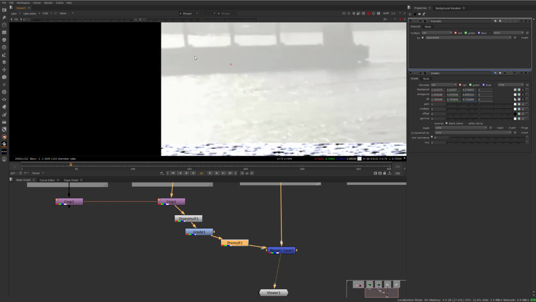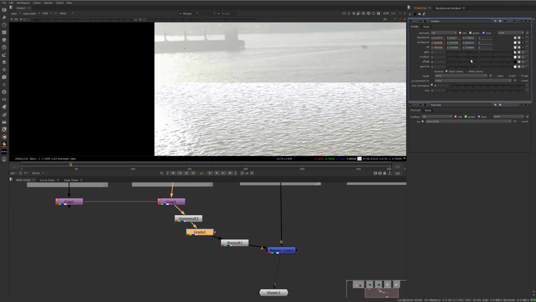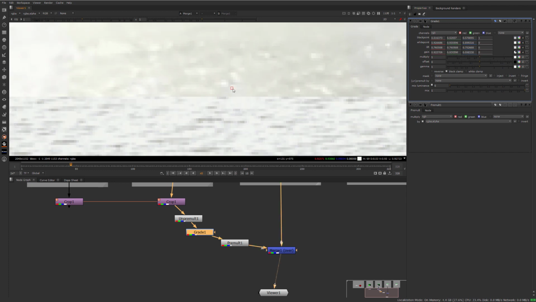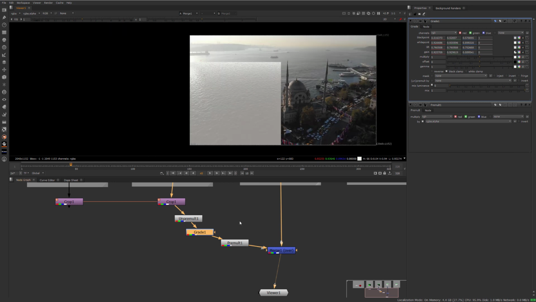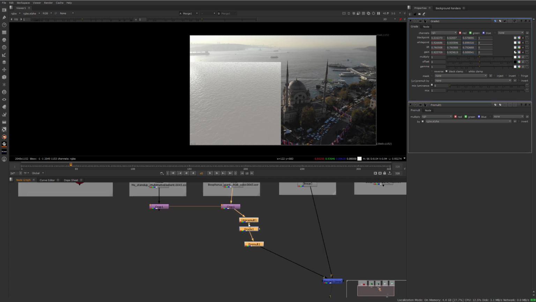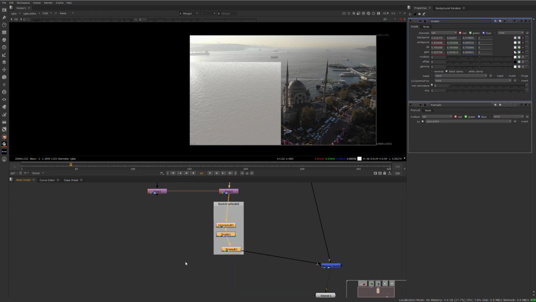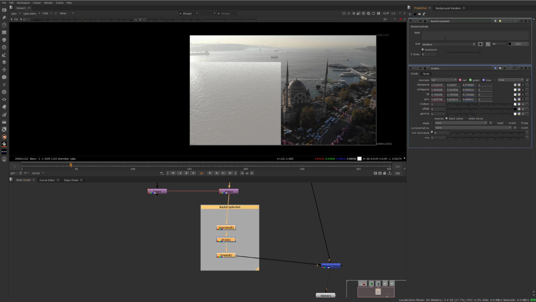Lift here. Okay, and let's pick gain somewhere. Yeah, something like that. Okay. These are my maximum lift grade. Let's rename it max lift grade. Okay,